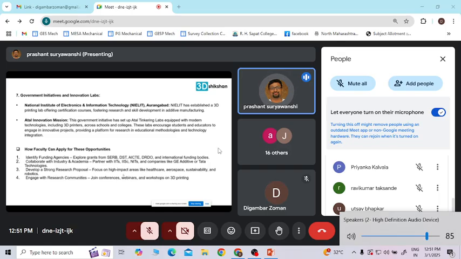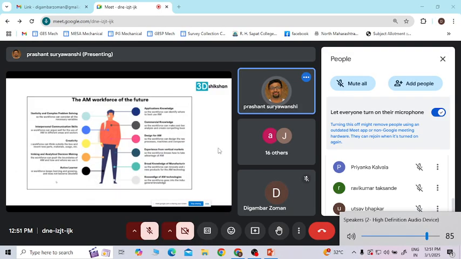And then identify the area of healthcare, 3D printing applications, aerospace, sustainability, and robotics. And then engage with the research communities. This is also important, how you can engage with all the communities, which will drive you to the advanced trends of the technology, and where it is heading. So in short, I will come to the end of the presentation.